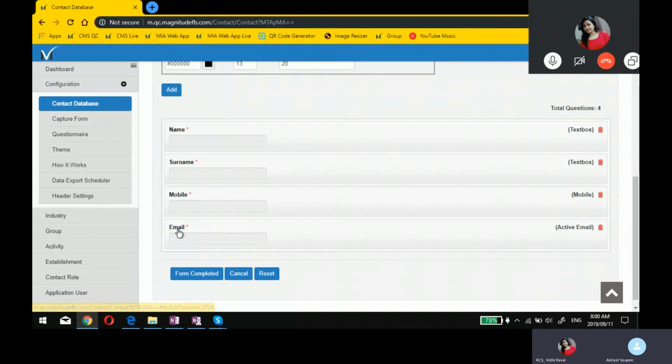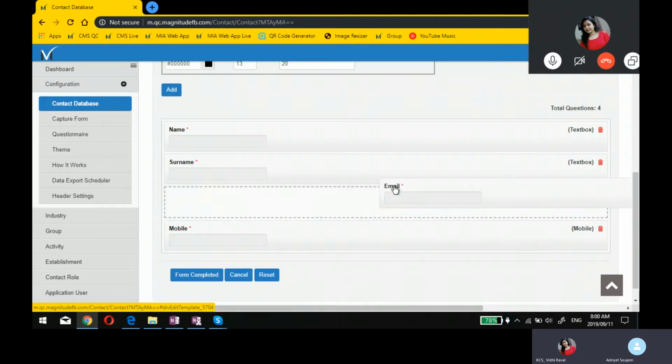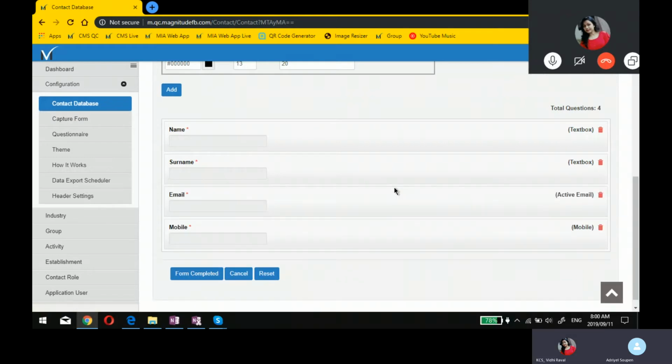What you do is you hover over here, you click on it, and then you just drag it. Sorry, it does take some time. And you can see there. Now it's moved. And now it'll show